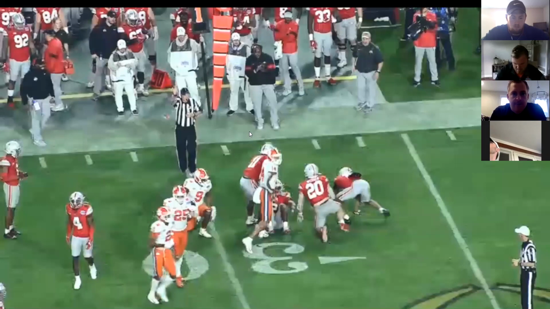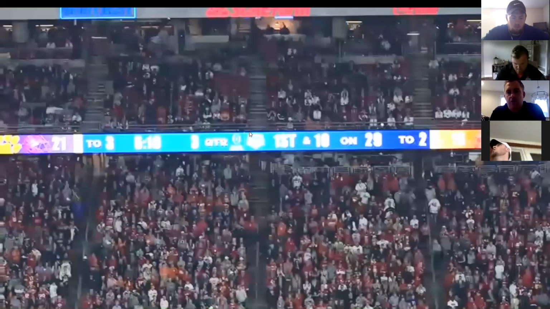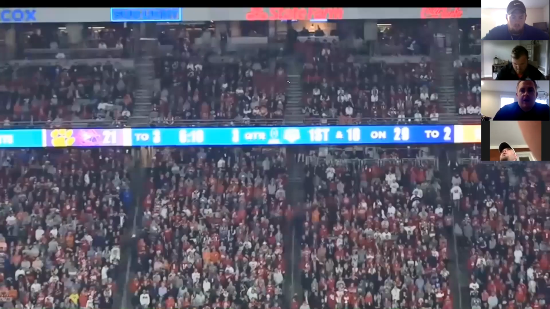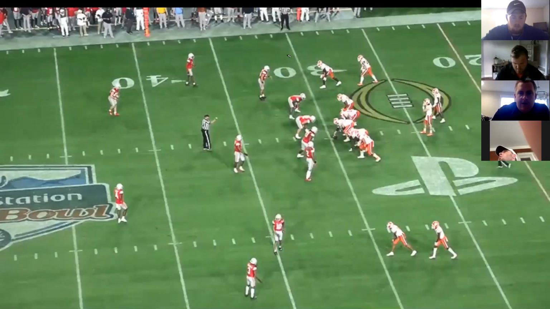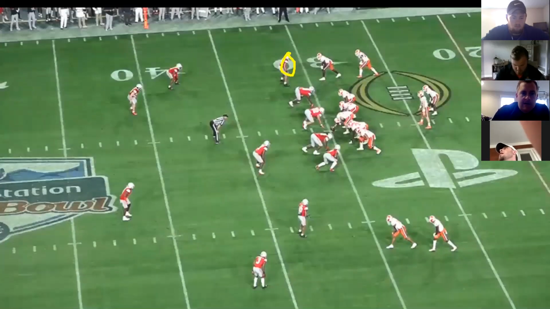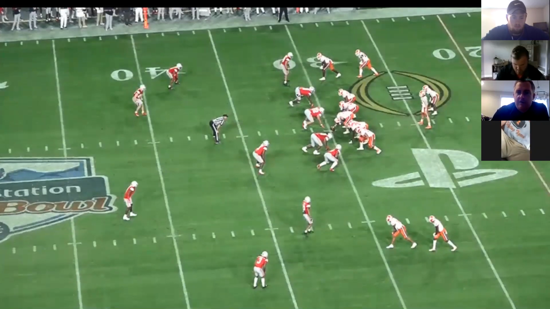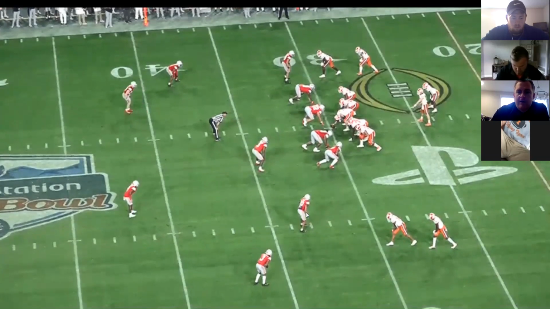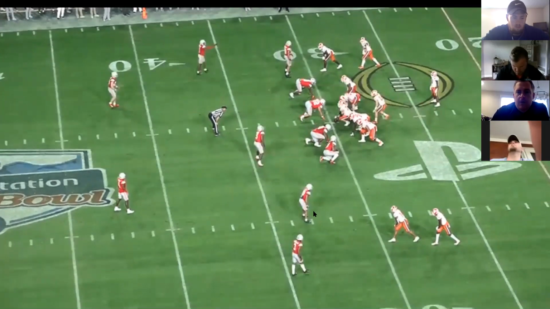And here's a good example of that. I put this clip on here just to show you that. If you look around right here, we've got an inside backer that's walked out. We've got an outside backer that's back here like a safety. That's Pete Warner. He's really a Sam. And then we've got a 5 technique here that's actually going to drop. We got a nickel outside here. So if you look at how this whole thing's going to play out,